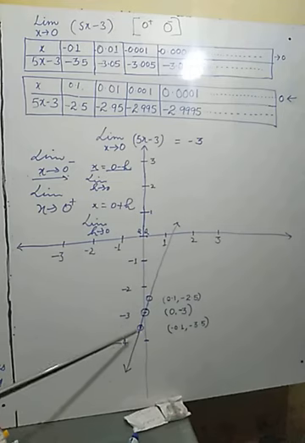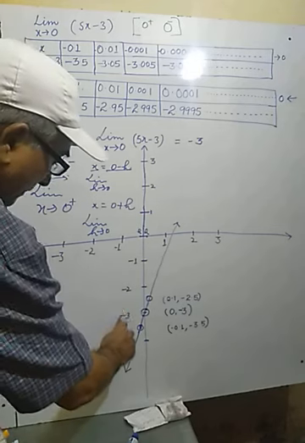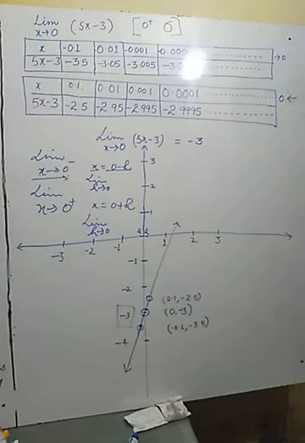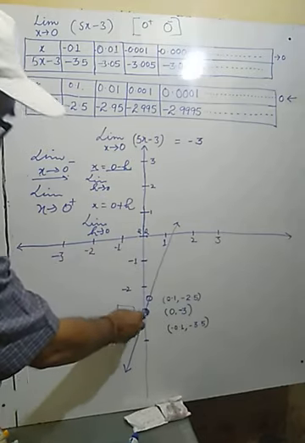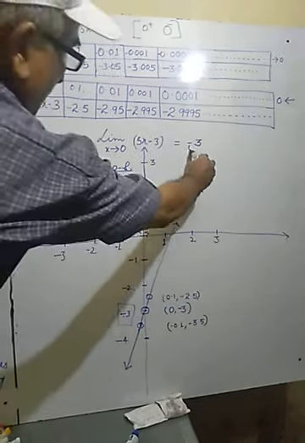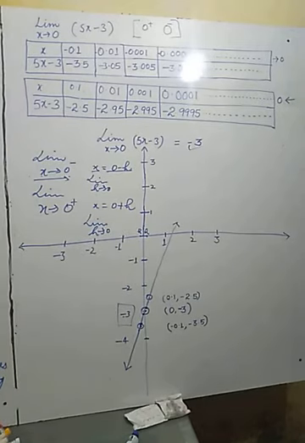In this way, this minus 3 is the limiting value of this function, where it cuts which axis? The Y axis. This line is cutting here at minus 3, and this is the limiting value. In this way, we have understood what the meaning of limit is and what the meaning of continuity is. There is no break, a straight line is going. At this point the limiting value is minus 3, at this point also minus 3, and the value of the function is minus 3.